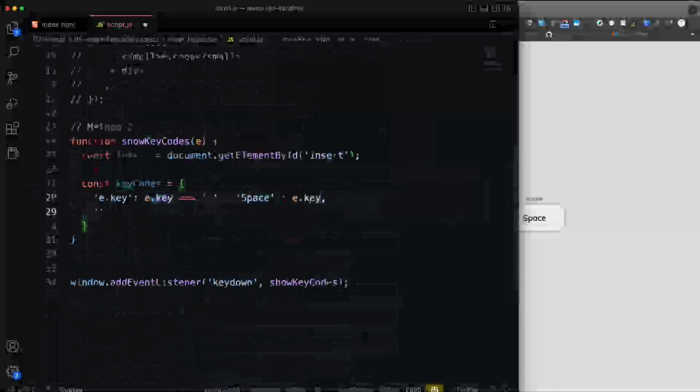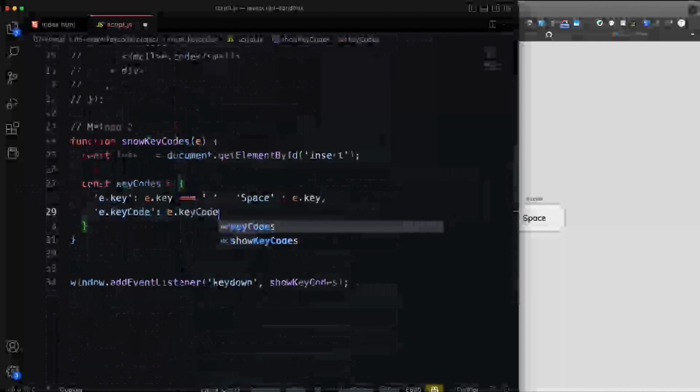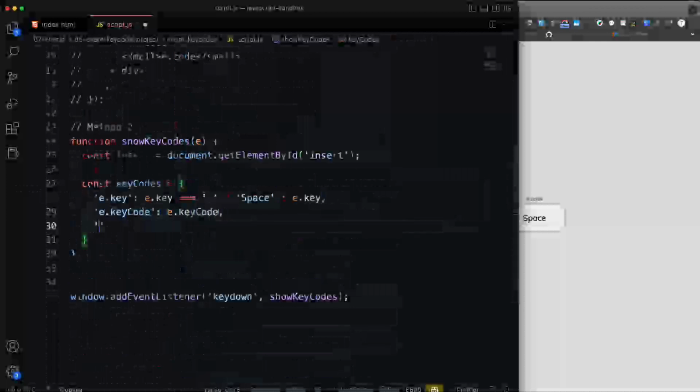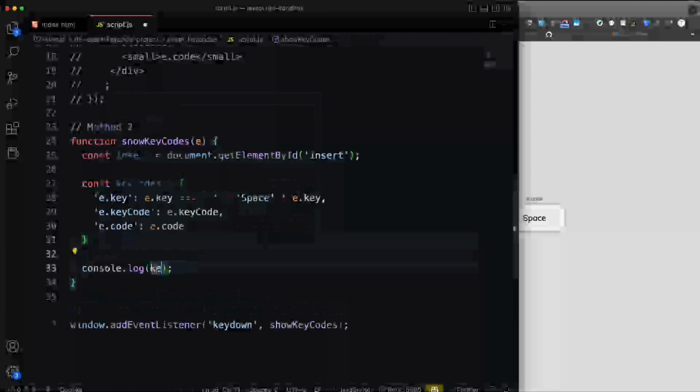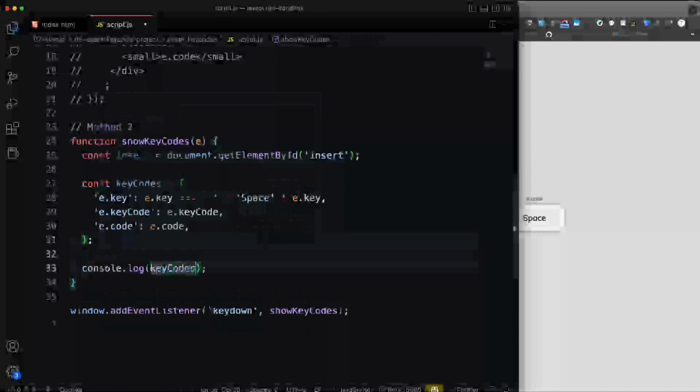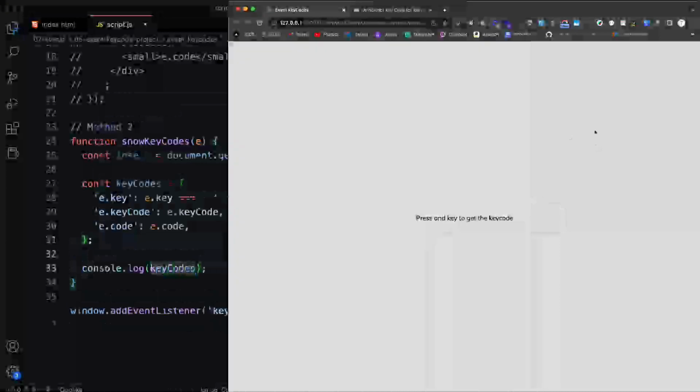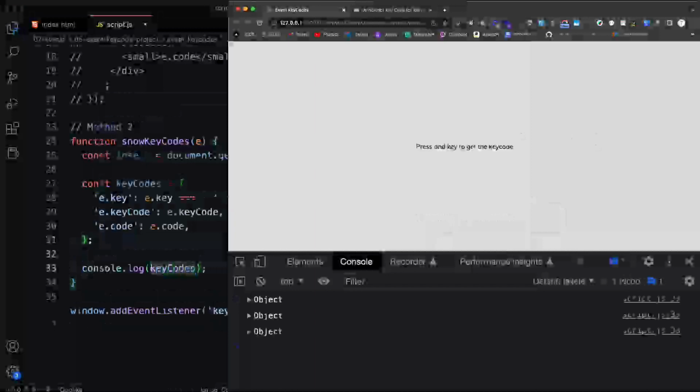So next we want the keyCode property. So for the title here, we'll just say keyCode. Make sure you put quotes around that, and the value is going to be e.keyCode, which will be the actual value. And then we also want e.code. The value for that is going to be e.code. So what we'll do now is let's just do a console log of keyCodes and see what that gives us. So if I come over here and we open up our console, and if I just type something in,